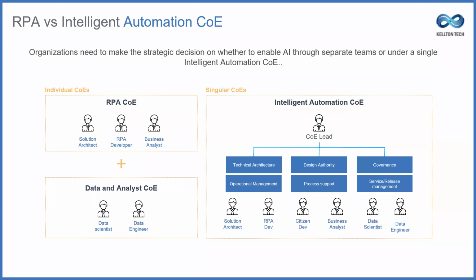So that way, an intelligent automation COE that combines the RPA COE and the intelligent COE or the analytics COE together into one singular COE might be the right way for you to go